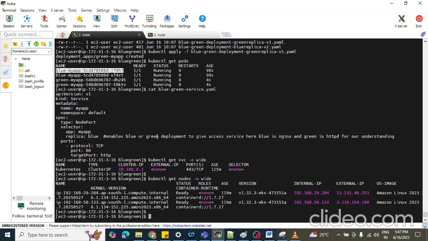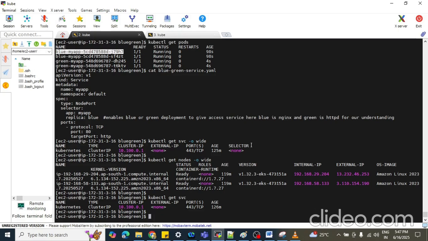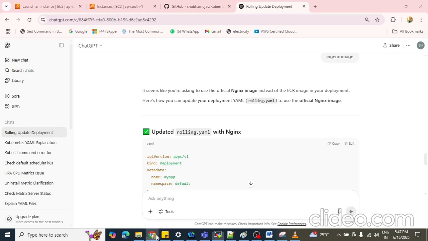Let me take this external IP. Also kubectl get svc. The service is also running here. So take this external IP here.